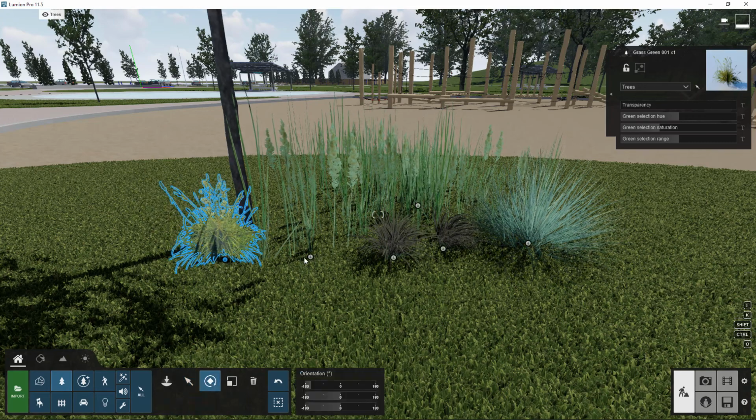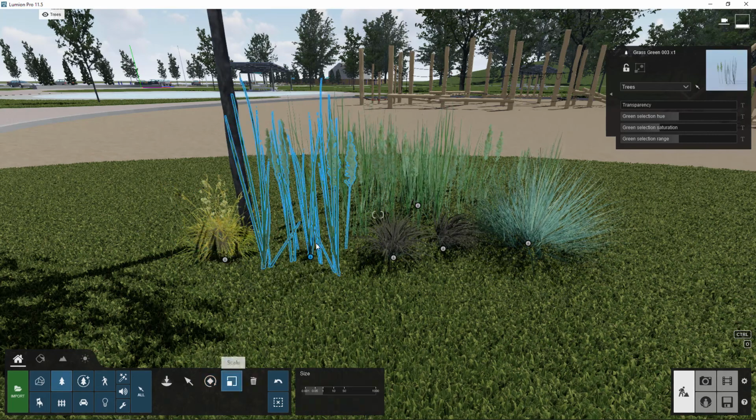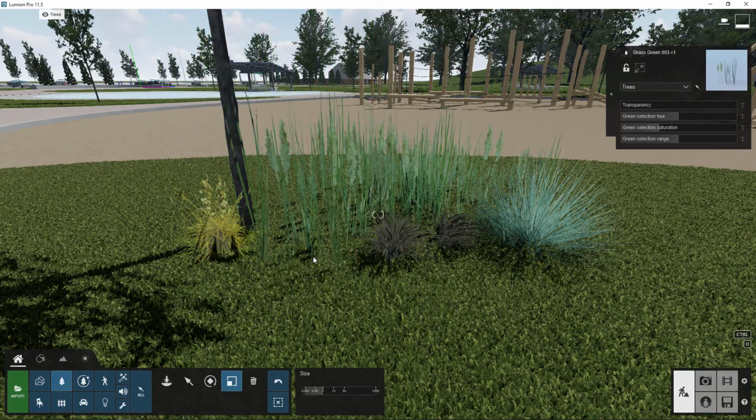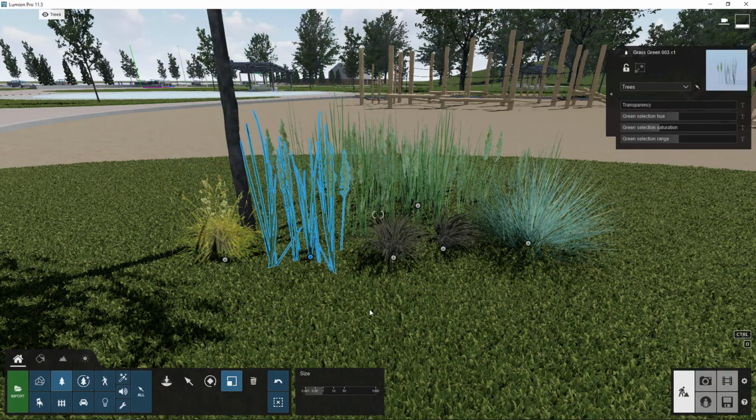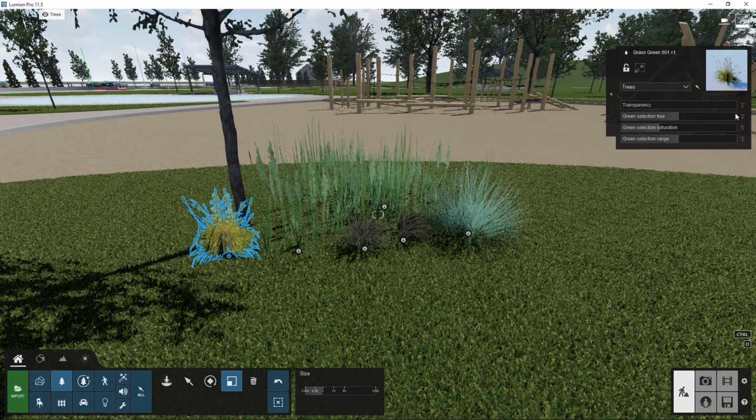You can also rotate things just like this, or scale them up and down. Now, if you want to select multiple objects, there's a few ways to do it. So once you are on an object, you'll see this panel up here tells you more details about it. Currently, I have all of this stuff on the trees layer,